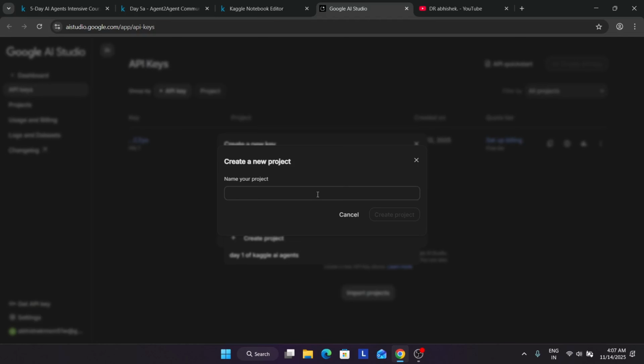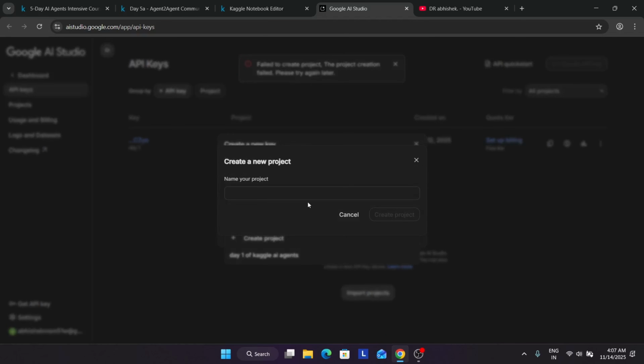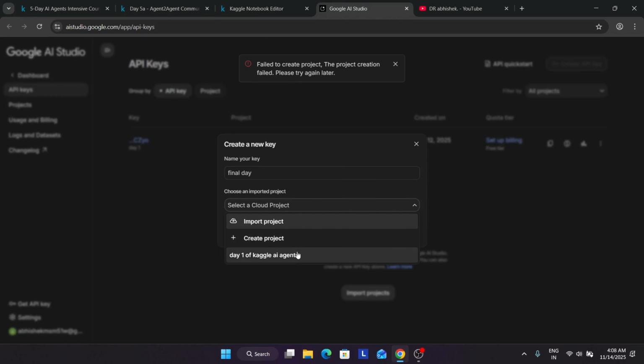So I'm creating it, but it's not working. I think I hit the rate limit, because I've created API keys multiple times.